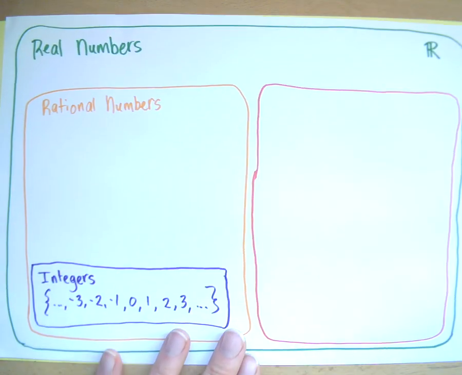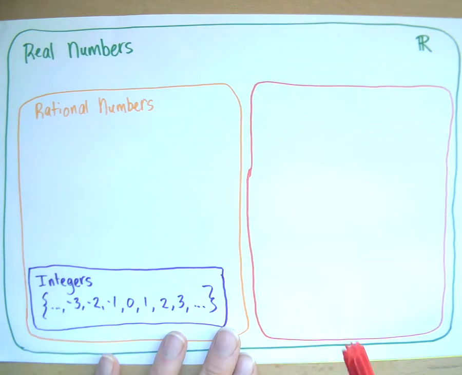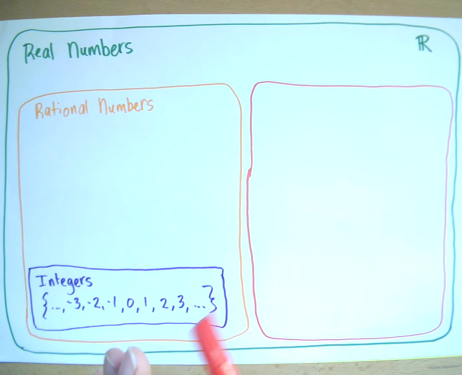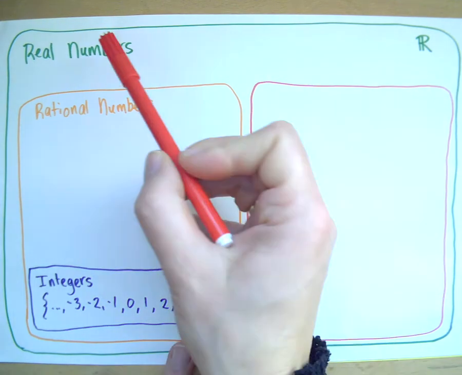Remember, this is what you already know. You know that there is a set of real numbers as opposed to imaginary numbers. Imaginary numbers are like square roots of negative numbers. We can do some math with them, but we can't point at the numbers on a number line. So we call those imaginary numbers. So everything else is a real number. Real numbers,